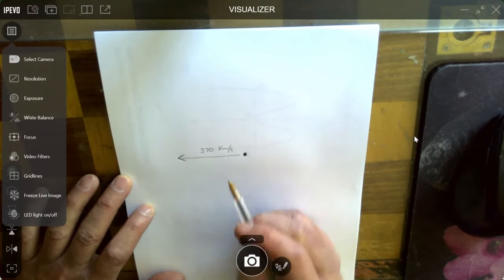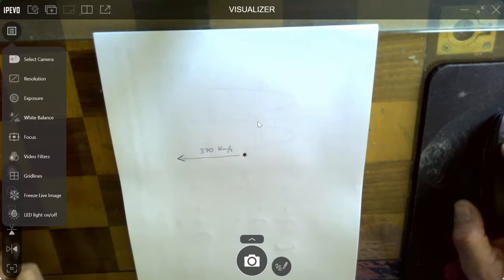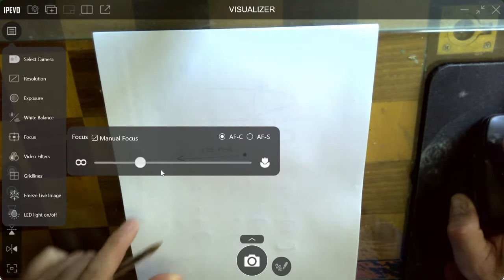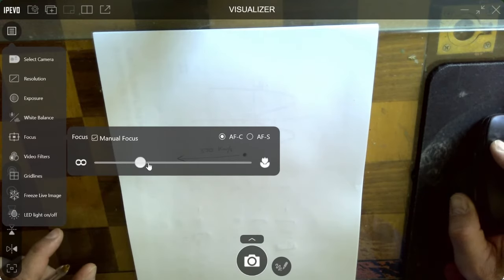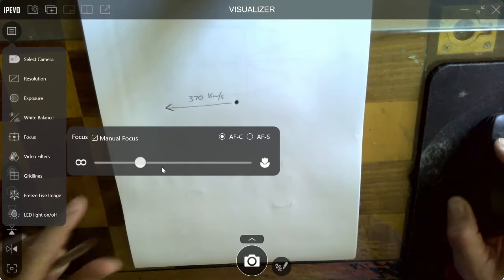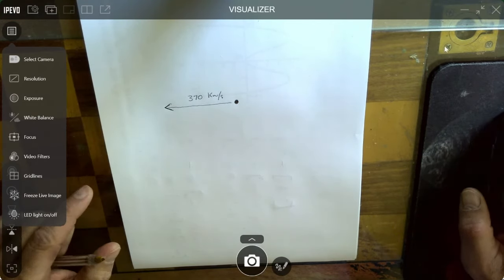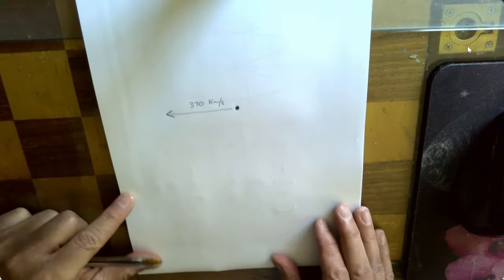So what does this mean? Let's focus on this a little bit here. There, that looks a little better. Okay, so what does that mean?